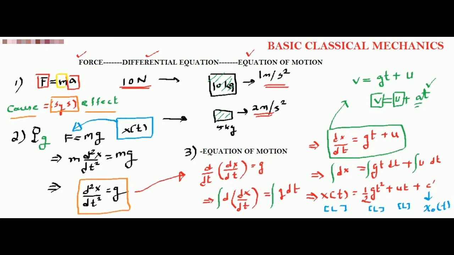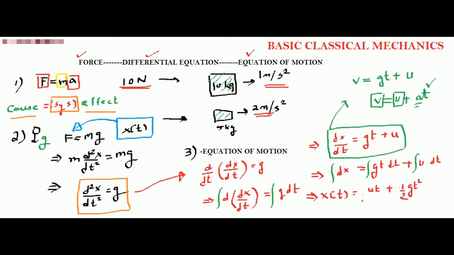So we can always imagine that the particle starts from 0. When we imagine that the object starts from 0, then c dash can be written as 0, so this part can be removed. So what do you get? You get x equals ut plus half at square. So we'll do a little bit of shuffle, take this side and take this part here. So very beautifully we get x equals ut plus half at square.